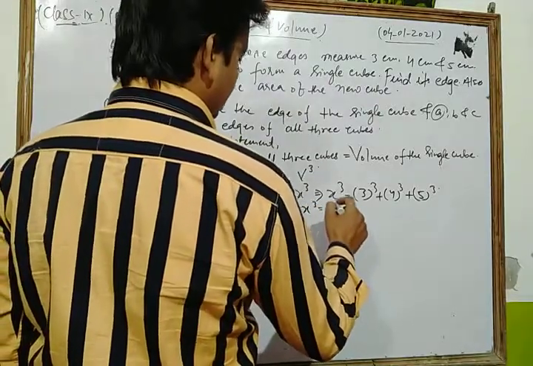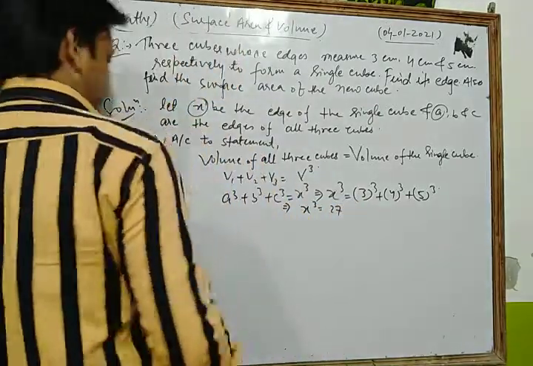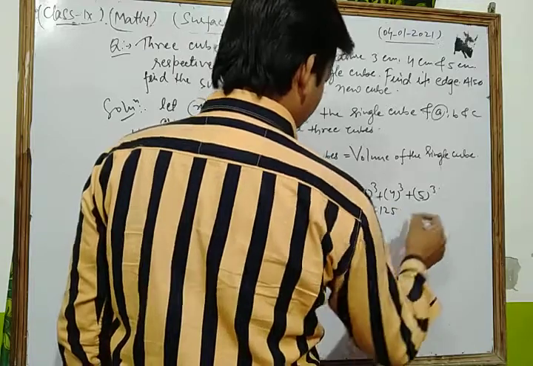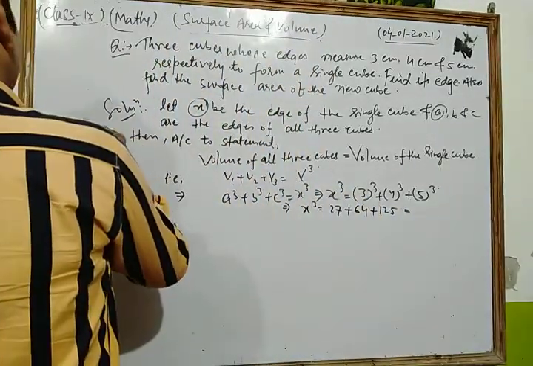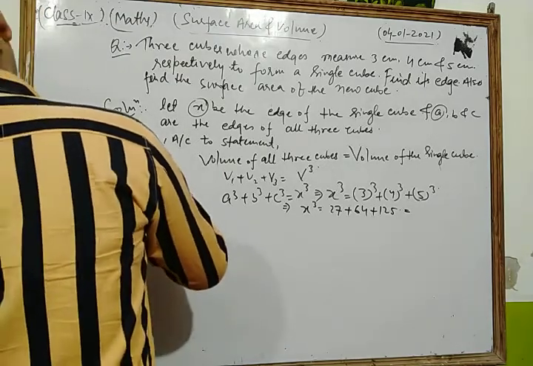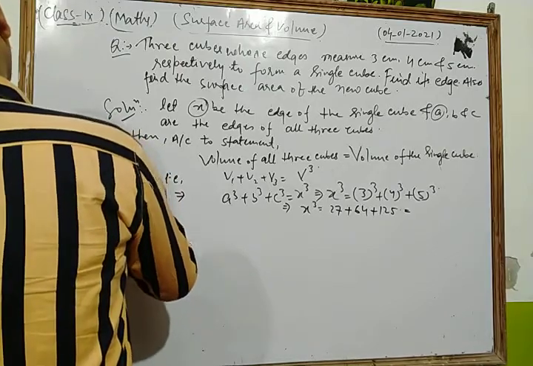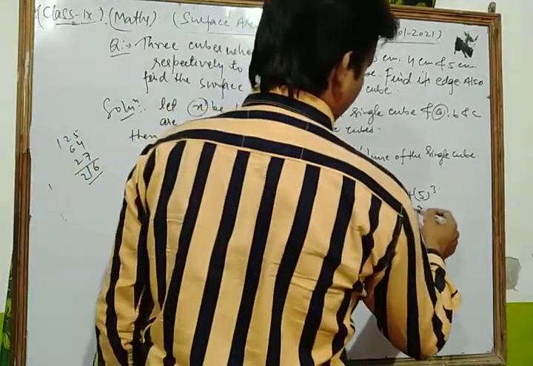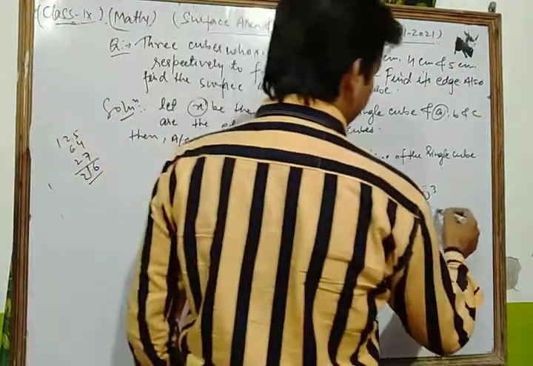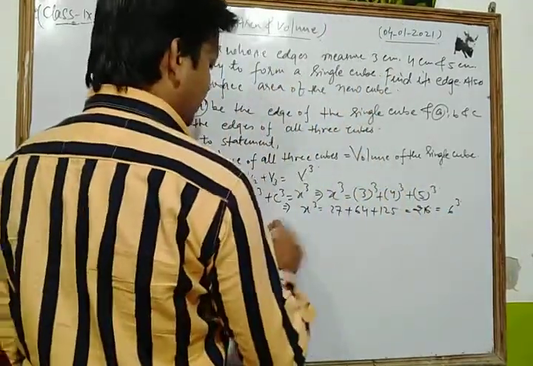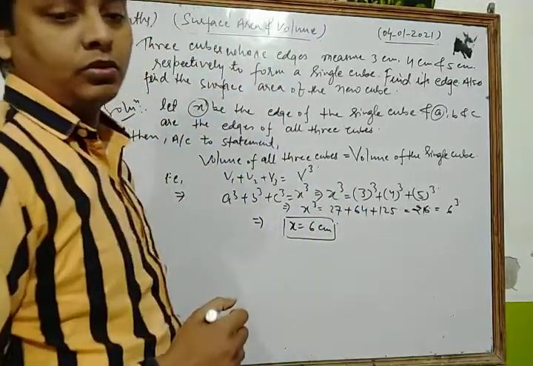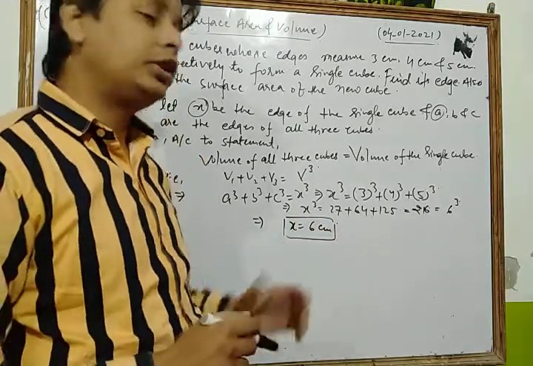So x cube is equal to 27 plus 64, plus 125. Now adding them, this is 125, 64 and 27. So we get 216. And dear students, you know that 216 is the cube of 6. So we write 6 cube. Thus, after comparing them, x is equal to 6 centimeter. Hence, the edge of the new cube is